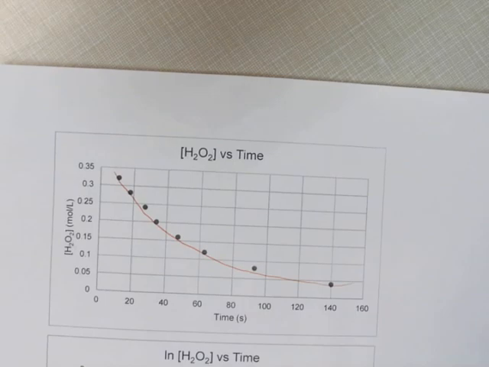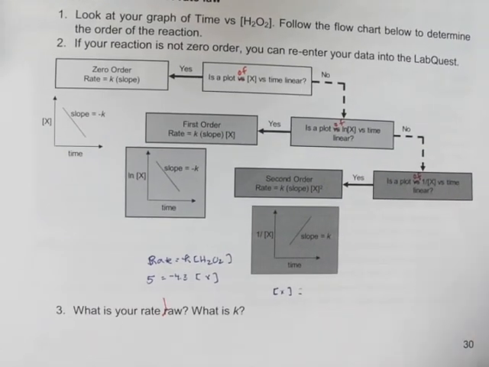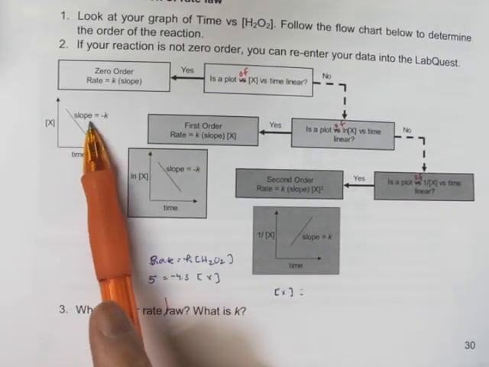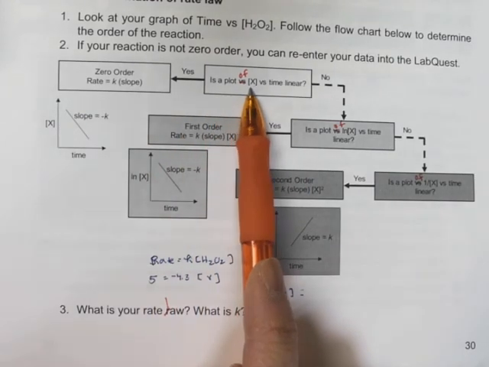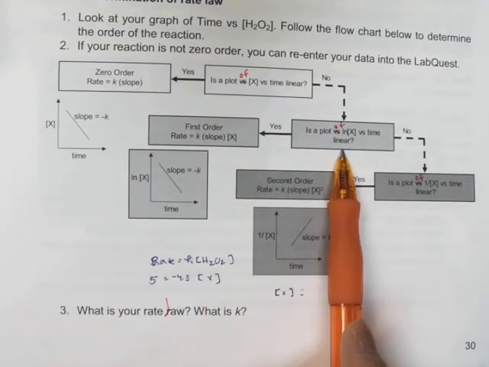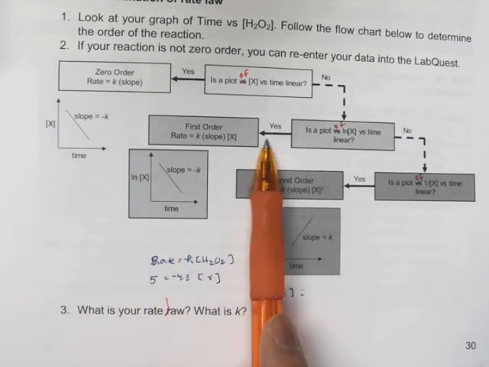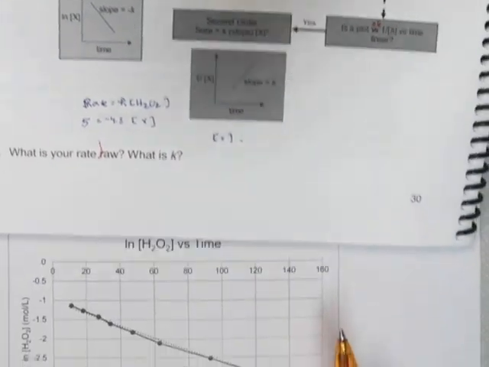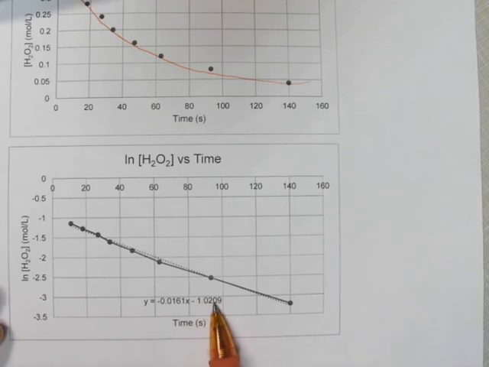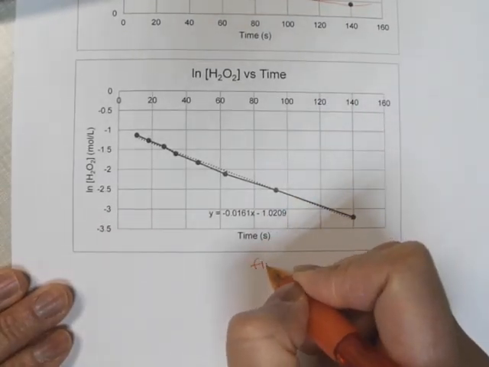So if I look at the table on the bottom of page 30 here, just ignore my chicken scratches. This is not linear. So is a plot of concentration versus time linear? No, so I'm going to go to the next one. So I have to plot the natural log of x versus time. So when I do that, I now get a straight line. This means that my reaction is first order,